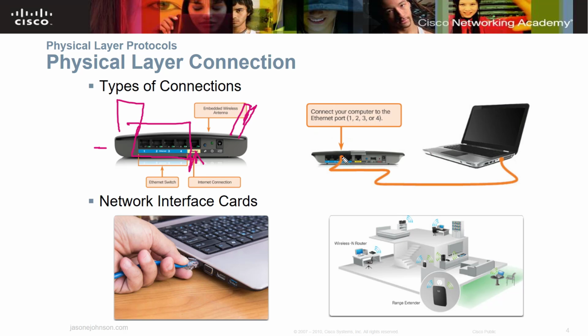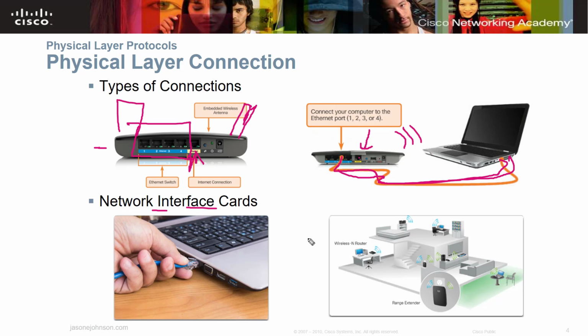You connect from your Ethernet to your end device. Your internet or your WAN comes into your port there, gets processed through, and then on your switch side here, it gets sent to your end device so that you can have an internet connection. Or you can use wireless as well, and broadcast through a wireless card. So the network interface card, or you'll hear the term NIC, N-I-C. That's a network interface card, and in the industry we just call it a NIC card, which is redundant. We just call them NICs.